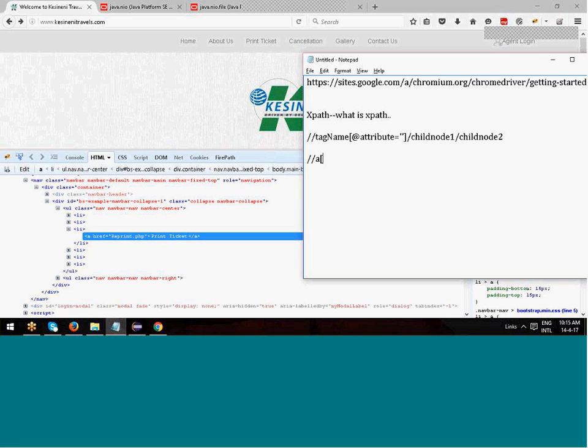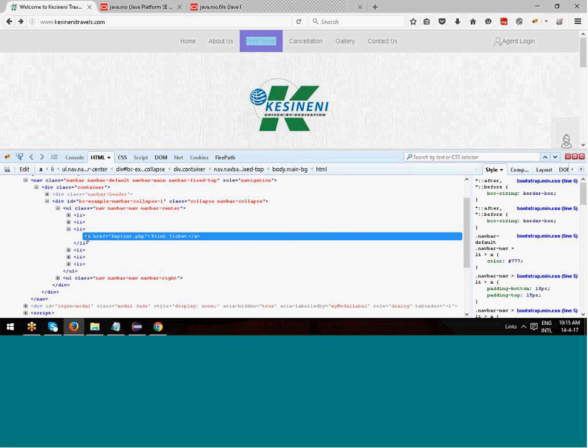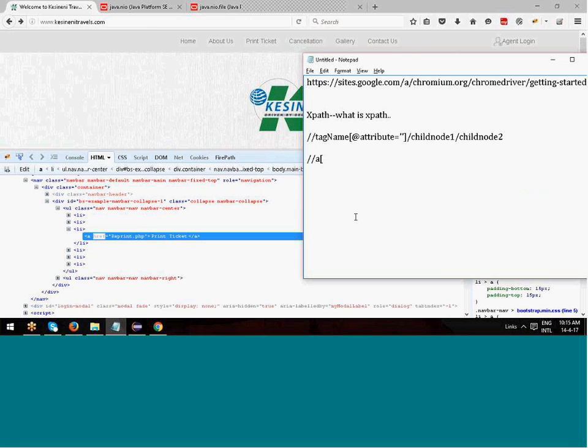To know more about attributes, you need to read, as I told you in the first session also, go to the HTML and read all the elements. There will be a starting node of A. This is the A tag, and it is a node I can say. In the first tag there will be an extra thing, which is nothing but an attribute. So href is one of the attributes for A. So I write it like this: @href equal to